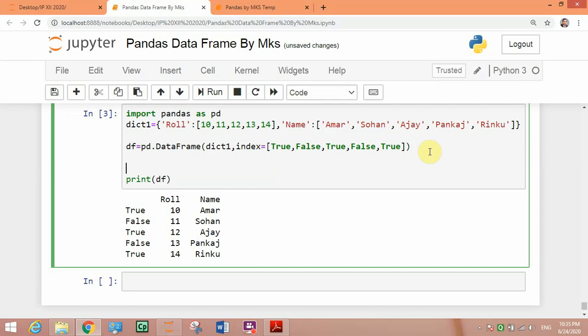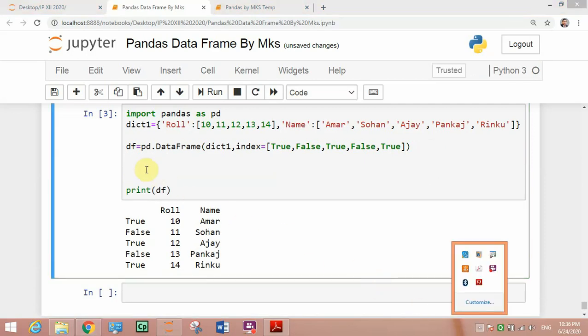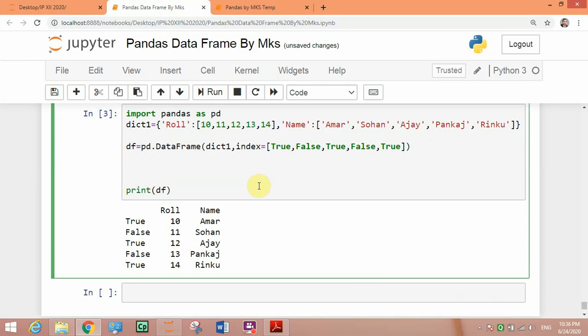So how we can write this? Suppose we want to print all records whose index values are true. So we will write print df dot loc function is there to locate the records loc, and I will write here true.